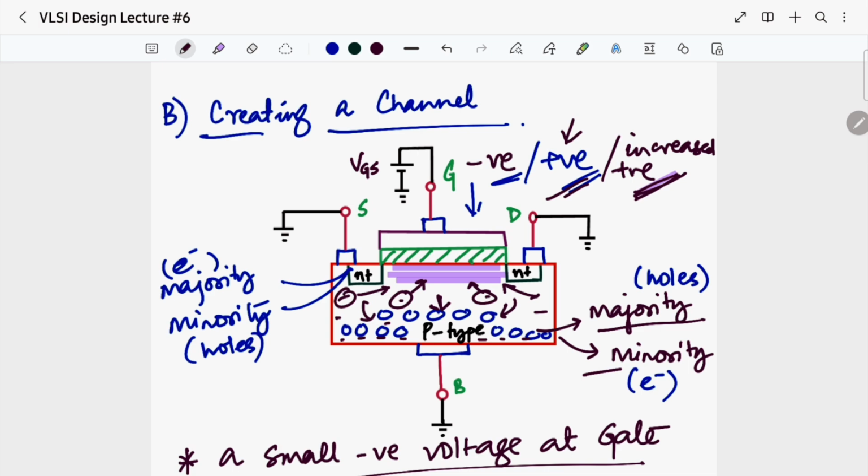Can you see these n plus regions also? The n plus region has majority carriers as electrons, and since it is highly doped, it will have more electrons. So at this increased positive gate voltage, the electrons from the n plus regions on both sides will also get attracted